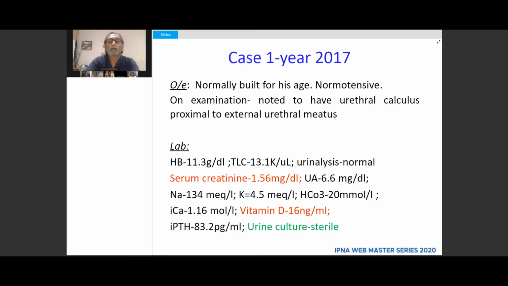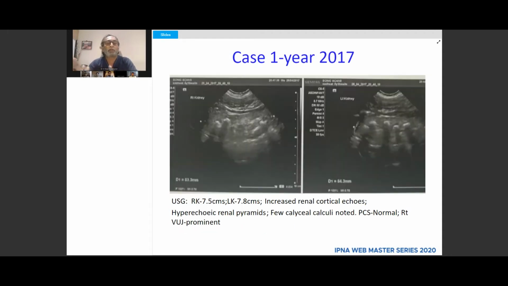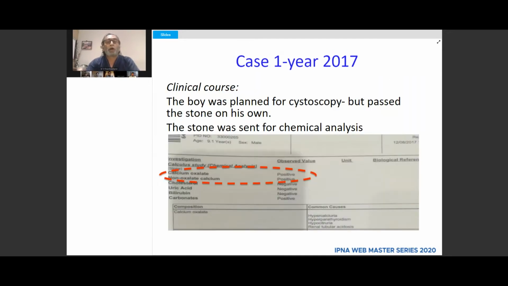The ultrasound at the time showed a kidney size of around 7.5 and 7.8 centimeters with increased echoes. As usual, he had hyperechoic renal pyramids. Suspicion of a few calcific calculi was noted, the pelvicalyceal system was normal, and the right vesicoureteric junction was prominent. So the boy was planned for cystoscopy and stone retrieval, but luckily he passed the stone on his own, and